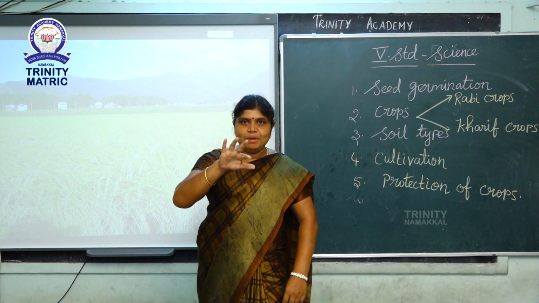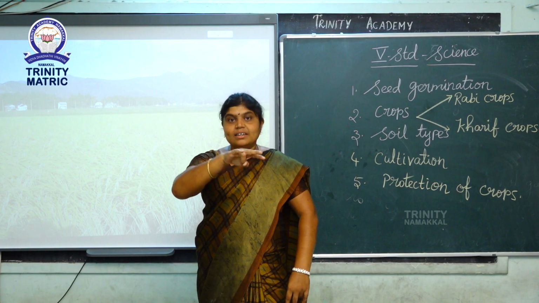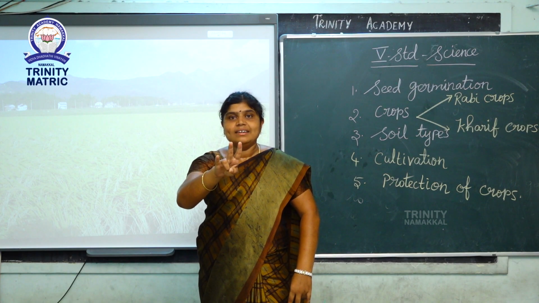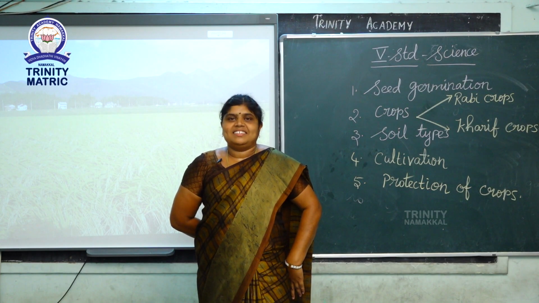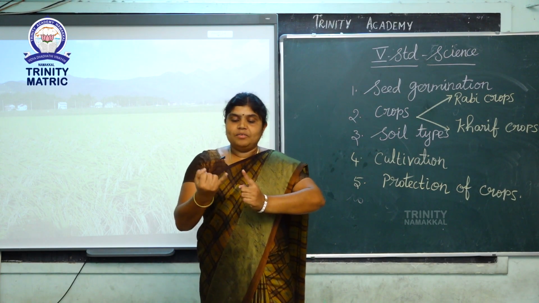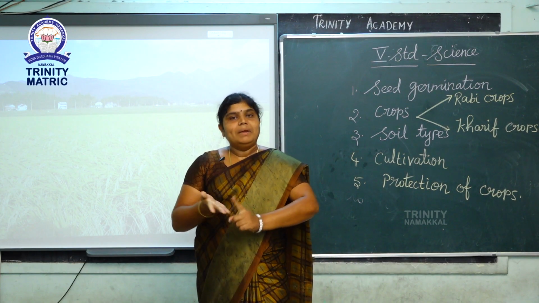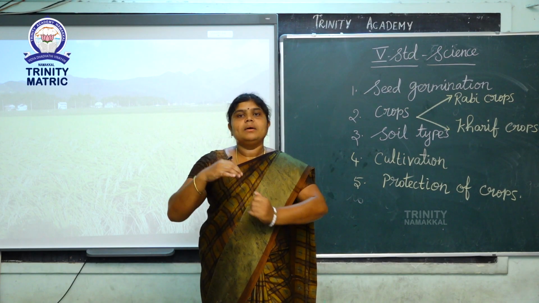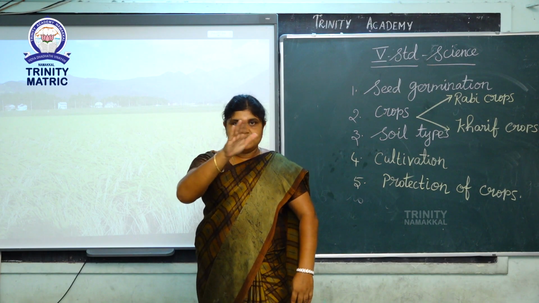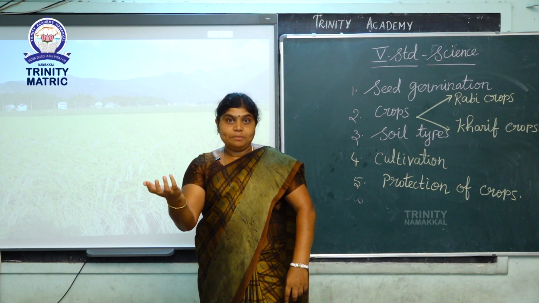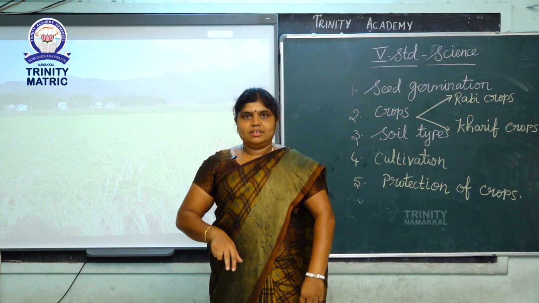Winter season, rabi crops. Shortcut method. Listen students, shortcut method. Winter season, rabi crops. Monsoon season, kharif crops. Monsoon season, what is the meaning? Rainy season. That rainy season, wheat, maize, bajra, millet, these will grow in monsoon season. So, monsoon season, kharif crops, summer season, vegetable crops, and next winter season, rabi crops. Did you understand?